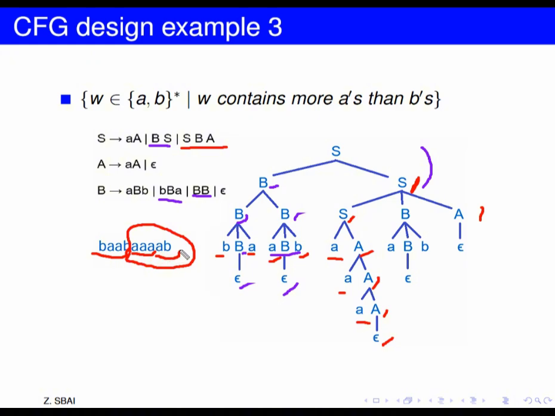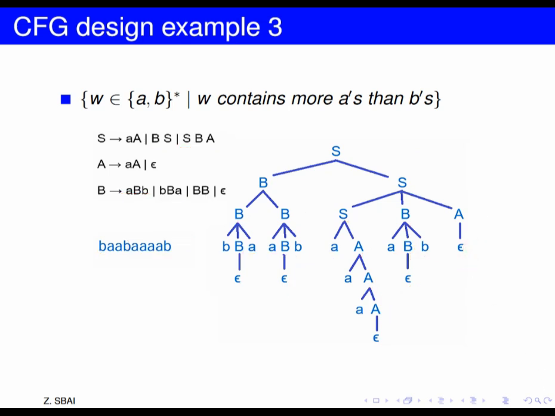Now for the last part, AB, it will be obtained from this variable B. So we'll choose this rule, B yields to ABB. And now this B will yield to epsilon since the A and the B have already appeared. And finally, this A will lead to epsilon. And finally, we obtained the string in the leaves of the parse tree: B, A, B, a triple A, then another A,